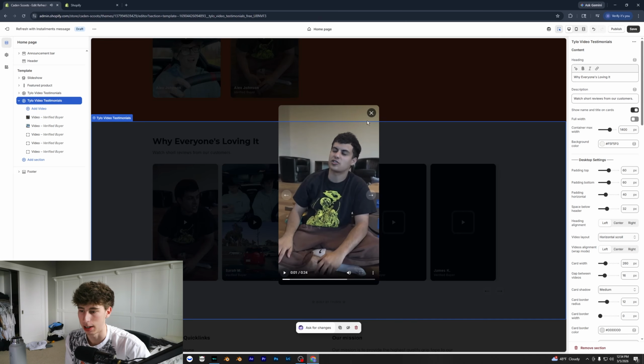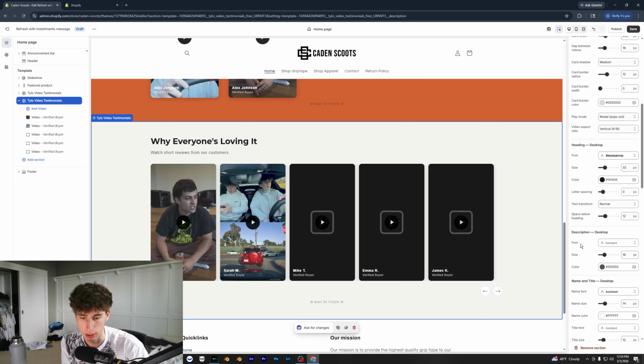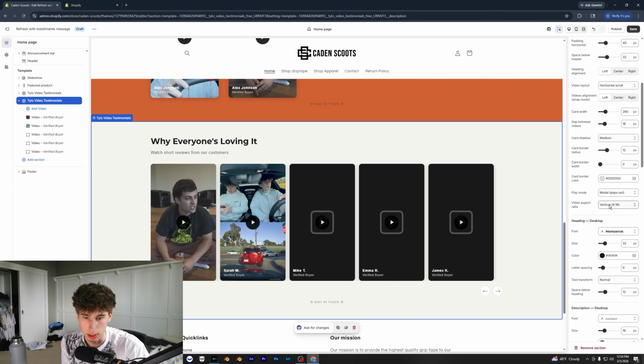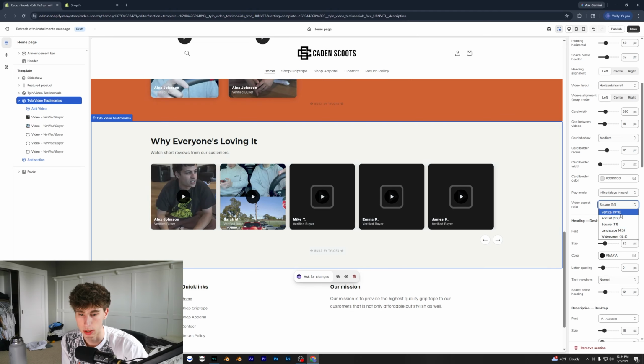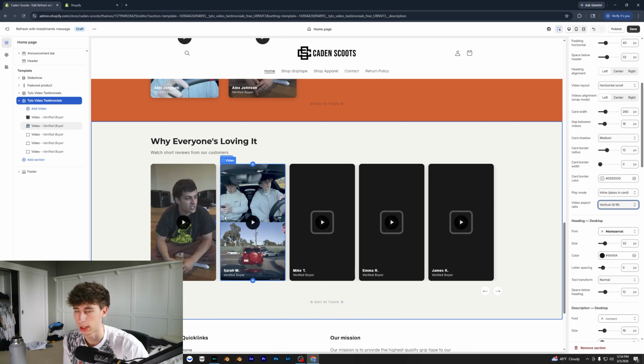and the video plays with the audio and it pops out. If you don't want the video to pop out, there's actually a setting for that. If we scroll down here, we can go over to, where is it? Right here, the pop out. We can hit plays in card. We can even change the aspect ratio to like square. We can do portrait. I'm just gonna leave it on vertical because I think that looks best for these vertical